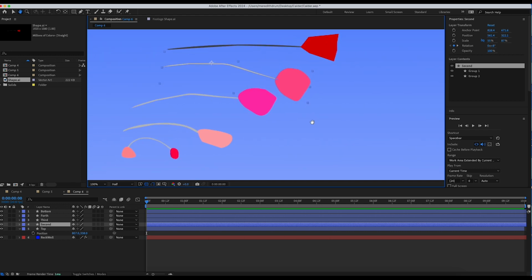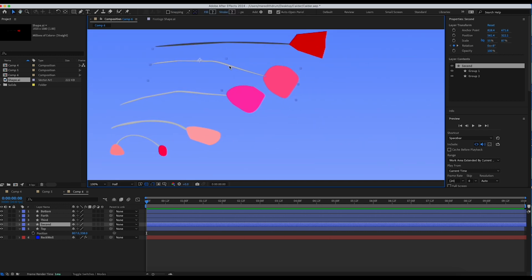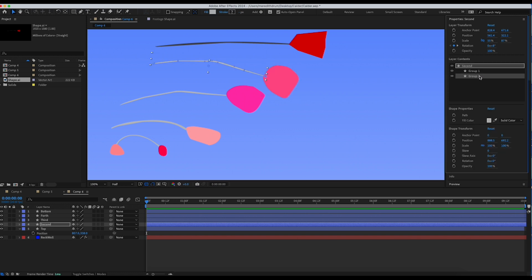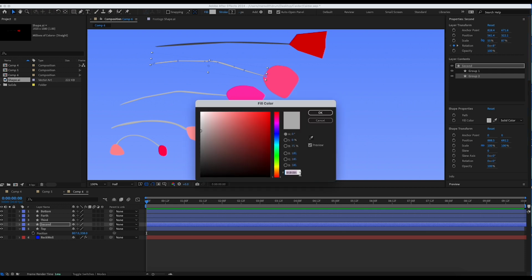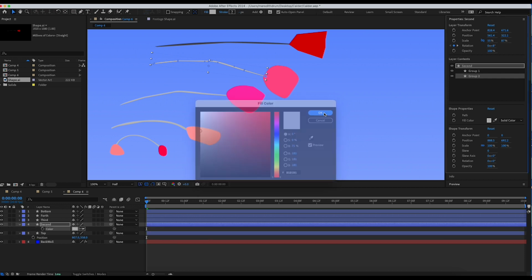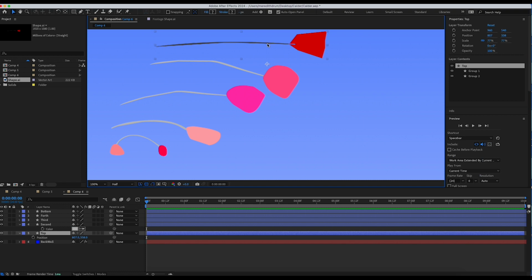Your space bar allows you to move around. Okay, so I can see with this one that it's made out of 2 things. Let's take a look at the stem, and you can see this is its fill color. I'm going to double click there, and I'm going to steal that hex number by selecting it and pressing Control C or Command C, say OK, and then select this one, and let's figure out which one's which.